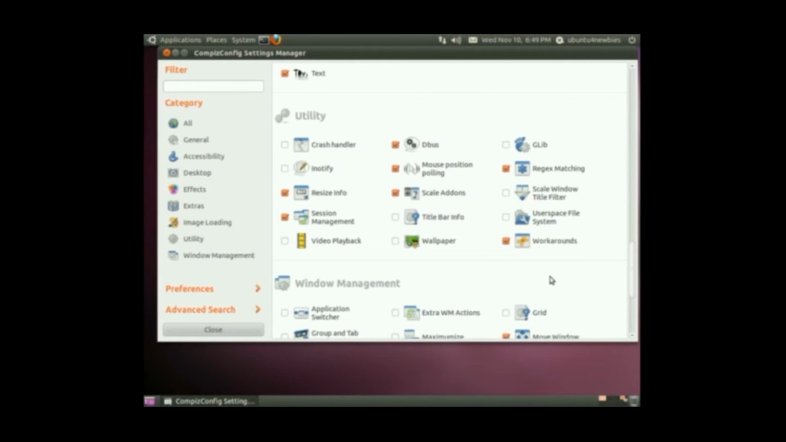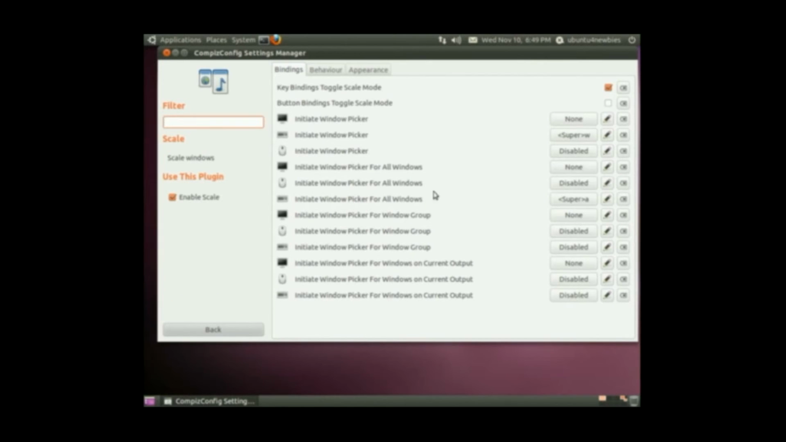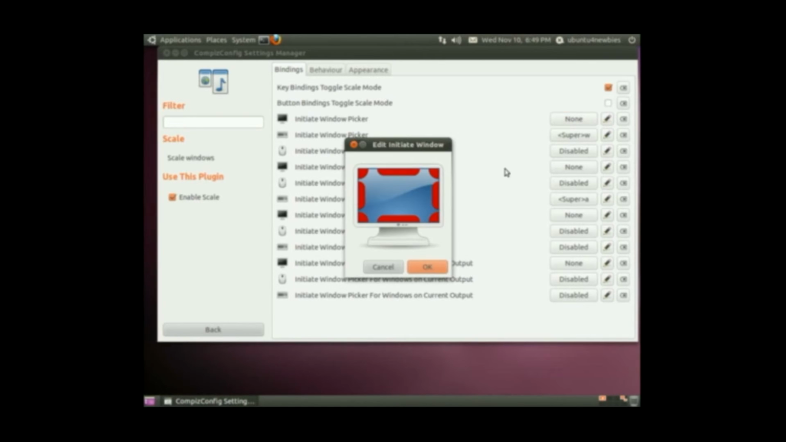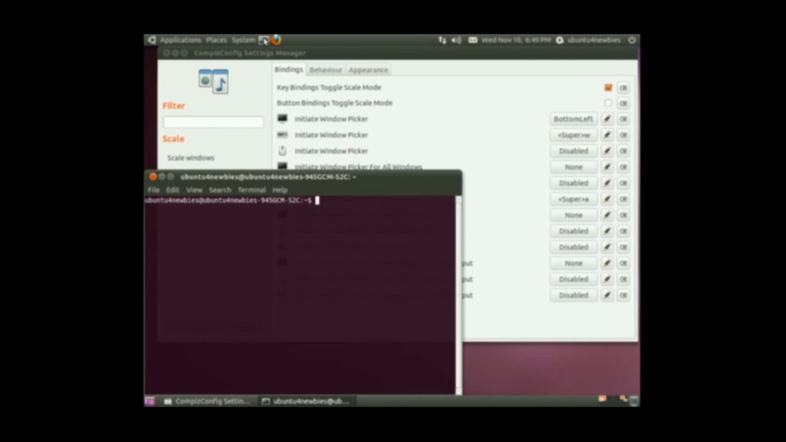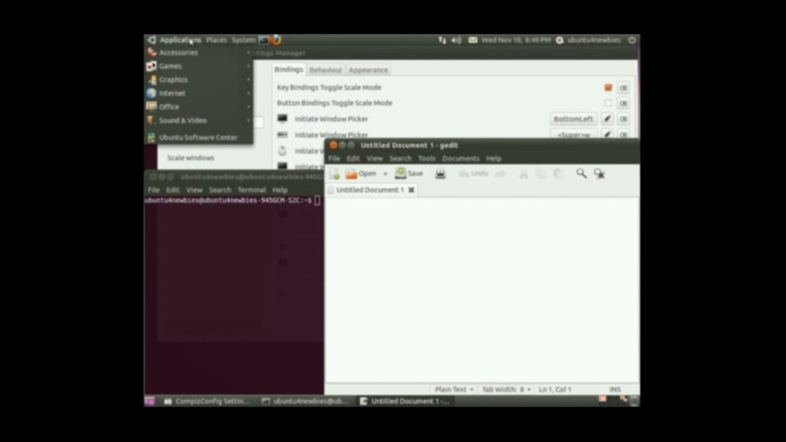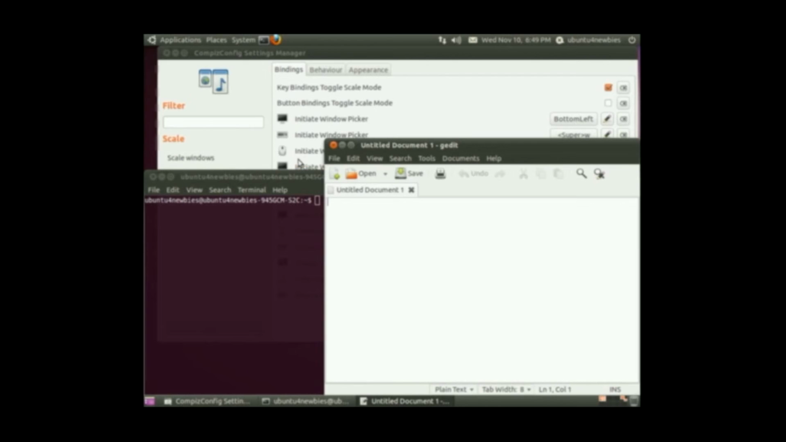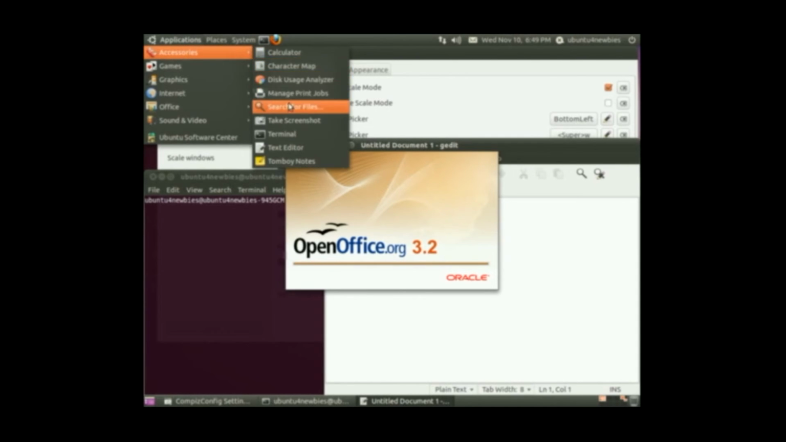The only other one that I really think is important for this video is going to be scale. Click on scale. Again, you can use all these other ways to do it, but I do initiate picker window to the bottom left. The other one I did was on the right. This is on the left. Hit OK. And now let's open up a terminal. Let's open up a text editor. Let's go Office, Word Processor, and let's open up a